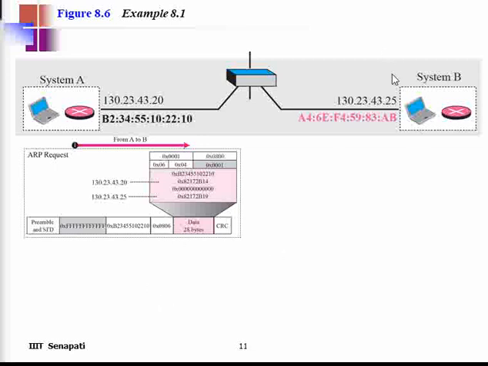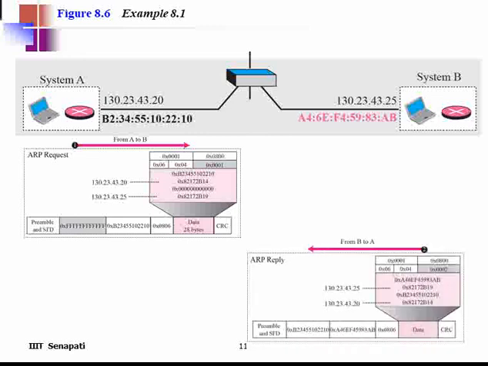Now it was received by the receiver. Then the receiver has to reply, right? How will this receiver reply? It will create a reply packet. In this reply packet, it will keep certain values and change this thing. Earlier it was 1, now it is 2. So the operation is reply. For this reply packet which is being sent, this is the sender and this is the receiver, right?